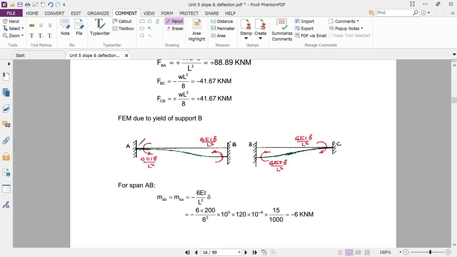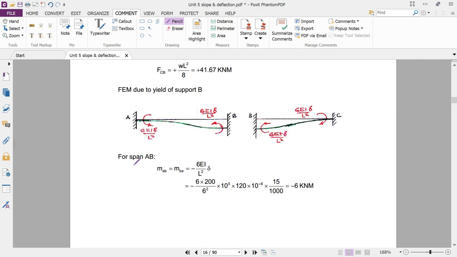Okay, and always remember, in any type of numerical, like portal frame or beam numerical, whenever the effect of the displacement is given in a particular beam or a portal frame, you must apply this formula. This formula is universally accepted and it is applicable for the displacement or the deflection of beams and frames.